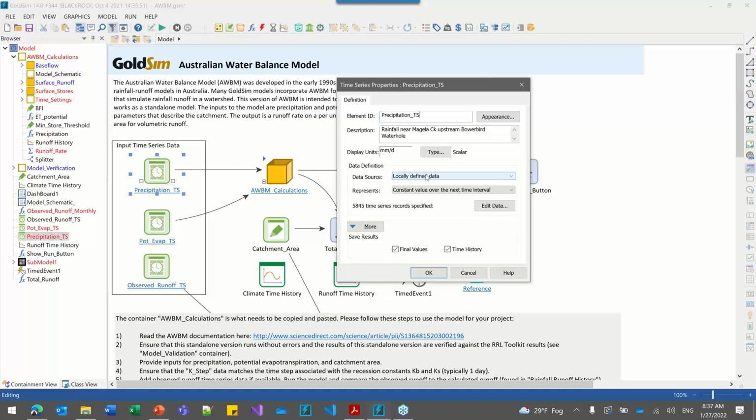And like I said, it does not have to be a time series. The model is just expecting values as we simulate through time. They don't even have to be changing values, but in this particular case, it's really important because we want to simulate a daily precipitation over time and calculate a resulting daily runoff from this. Okay, and because of that, it's very important that your time series is set to represent a constant value over the next interval. The reason for that is because if you set this instead to interpolated, then it's really important